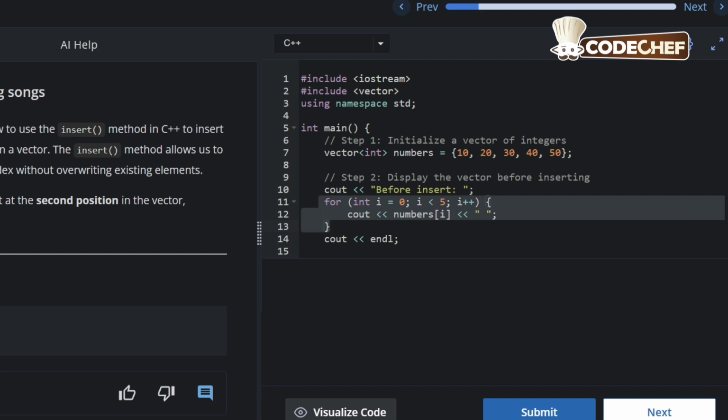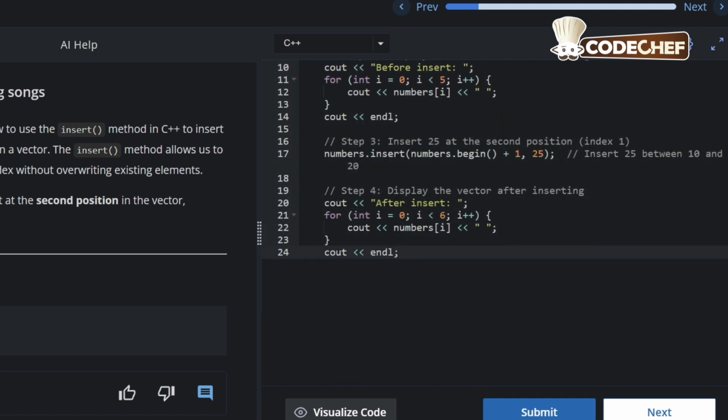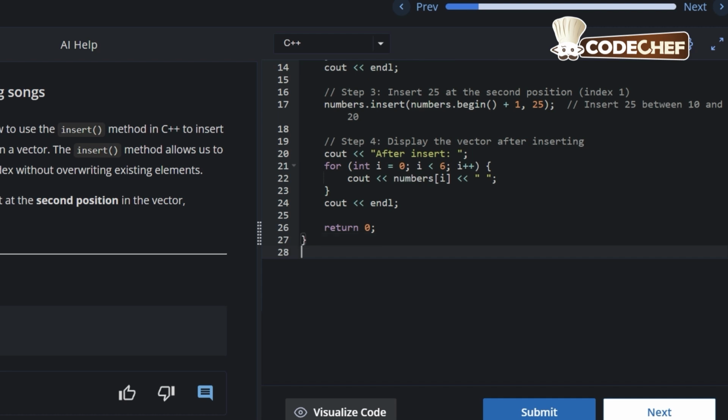Now we are going to use the for loop to display vector elements. So for, then in brackets int i is equal to 0; i less than 5; i plus plus, curly brace begins for the for loop, cout, then it will print the values stored at all the index numbers in vector numbers, and then space in double inverted commas and semicolon, bracket close for the for loop, cout endl semicolon. Now we are going to perform the insertion operation using the insert method, for which the syntax is